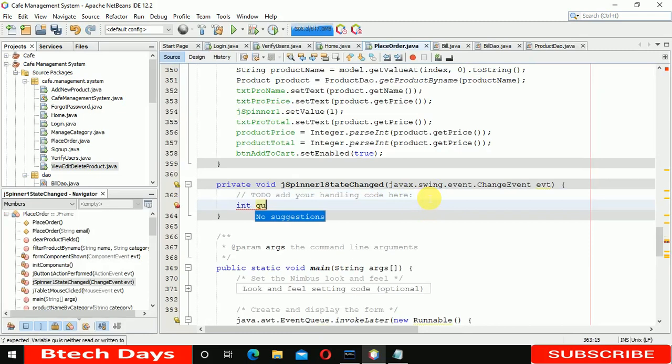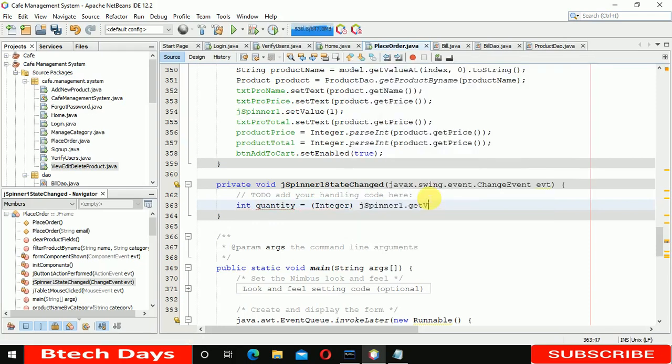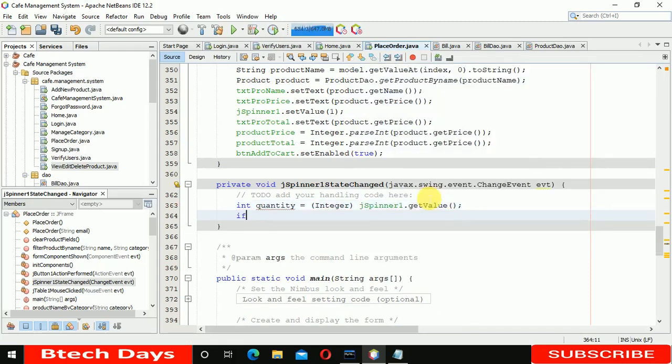Whatever the quantity is, it should be integer type. Actually, we are doing typecasting here, spinner dot get value, this one. And after that, if quantity is less than or equal to 1, in that case